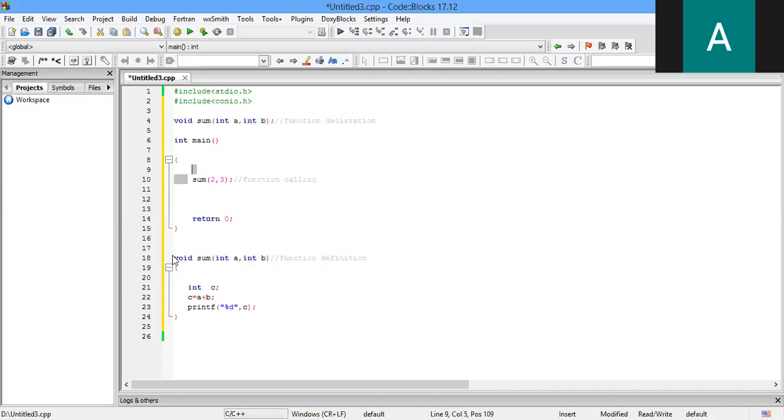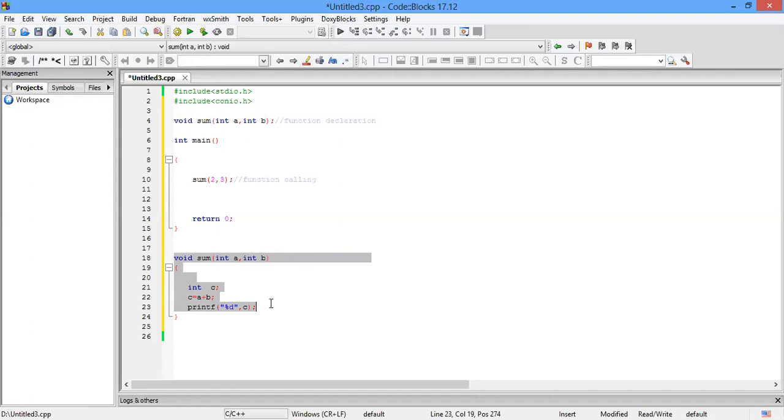Then you have to write the definition of your function. That means whatever logic you want, you write it there. Whenever we make a function, we always make it for some special purpose. So that logic we have to write inside this definition, and then in the last, we have to call our function from the main.